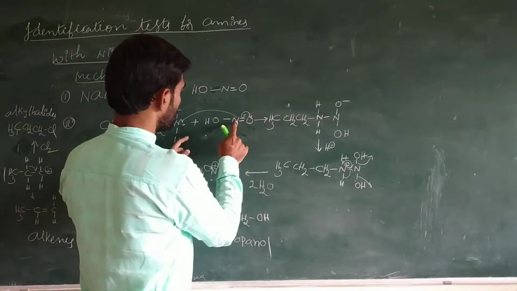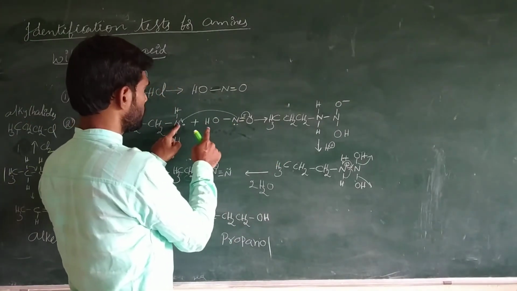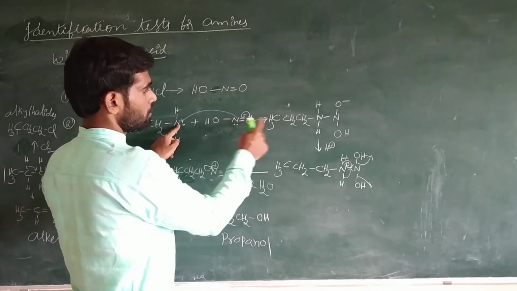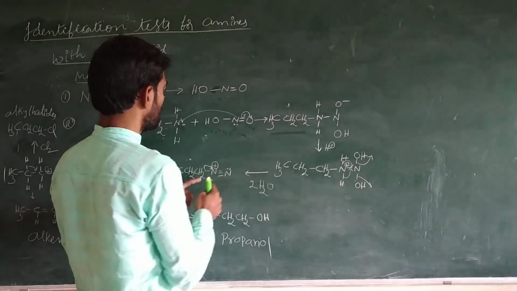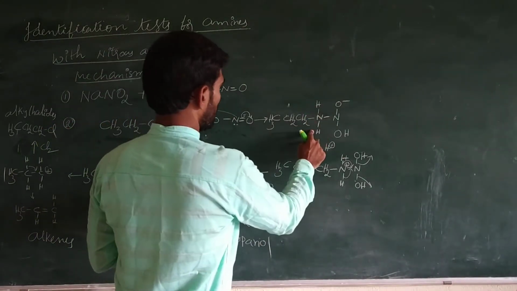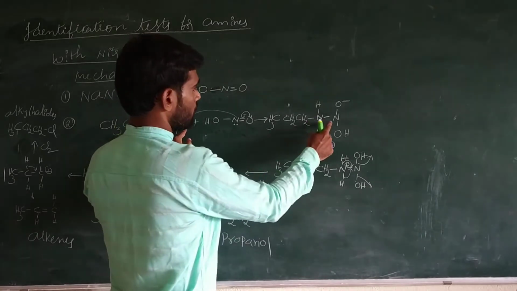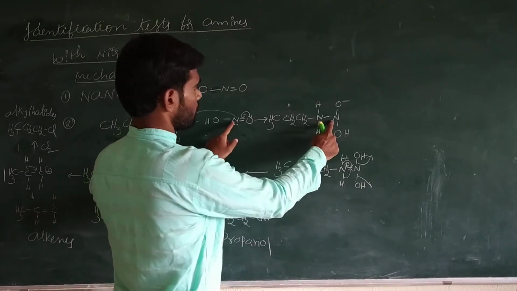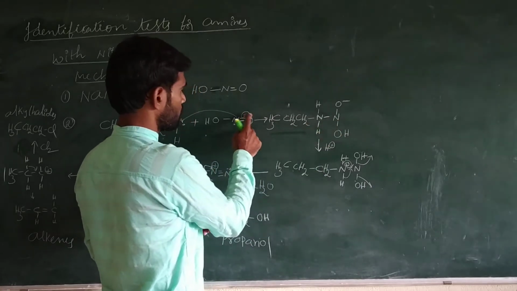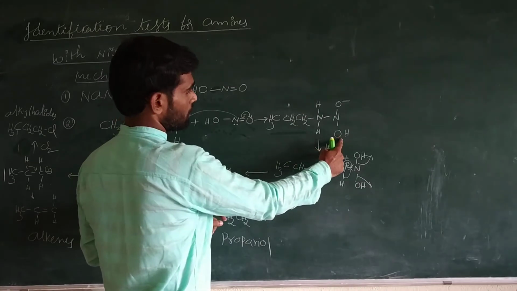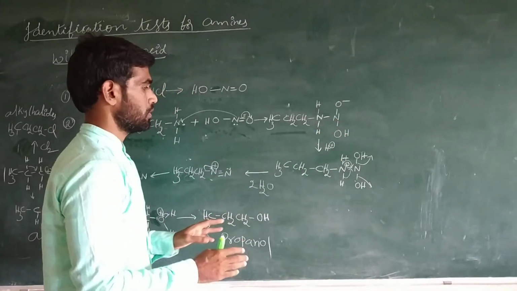Now what happens? There is a bond formation between the nitrogen and this nitrogen, which has positive charge. This is the propyl chain and NH2, and with this lone pair, this nitrogen reacts with this nitrogen atom. Again, when pi electrons are shifted towards the oxygen atom, oxygen gets negative charge, and the remaining OH is attached to this nitrogen atom. That is fine.